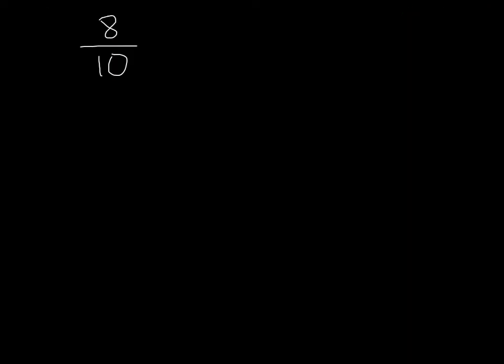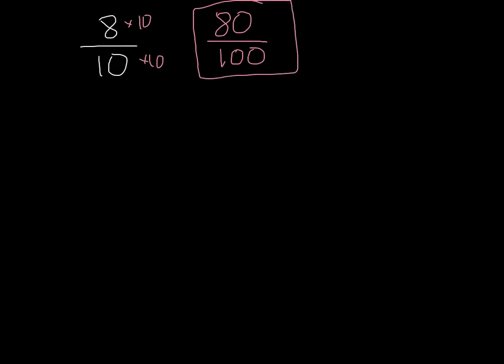Well, let's say I gave you a 10 question test and you got 8 of those 10 questions correct. Well, what do I do to 10 to get it to 100? I would multiply it by 10 and it would give me 100. You know by now that whatever you do to the bottom, you best do to the top or you're going to mess up that fraction. So I'll do 10 here. And 8 times 10 is 80. This is the same thing as 80%,